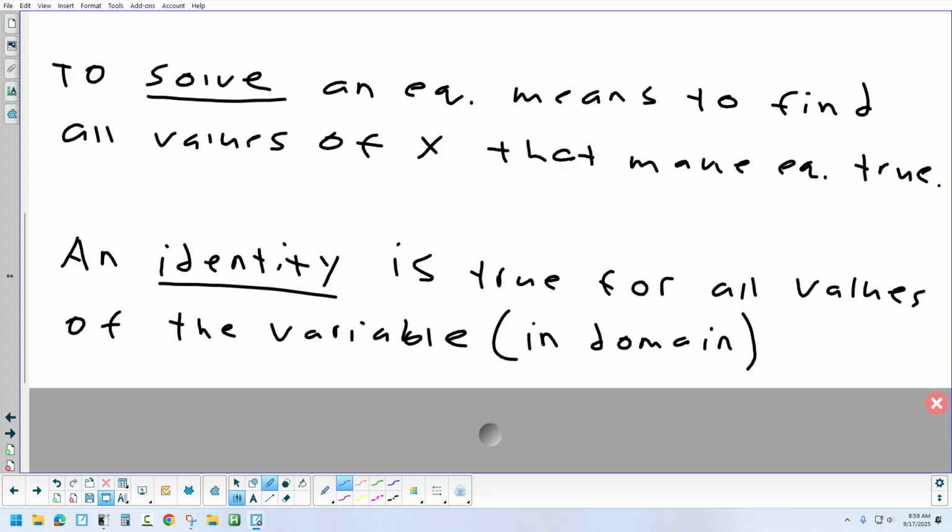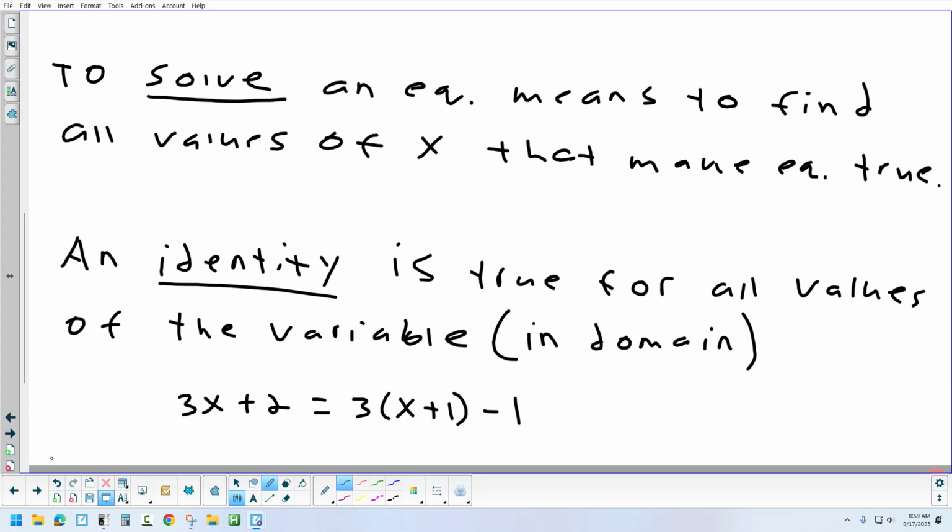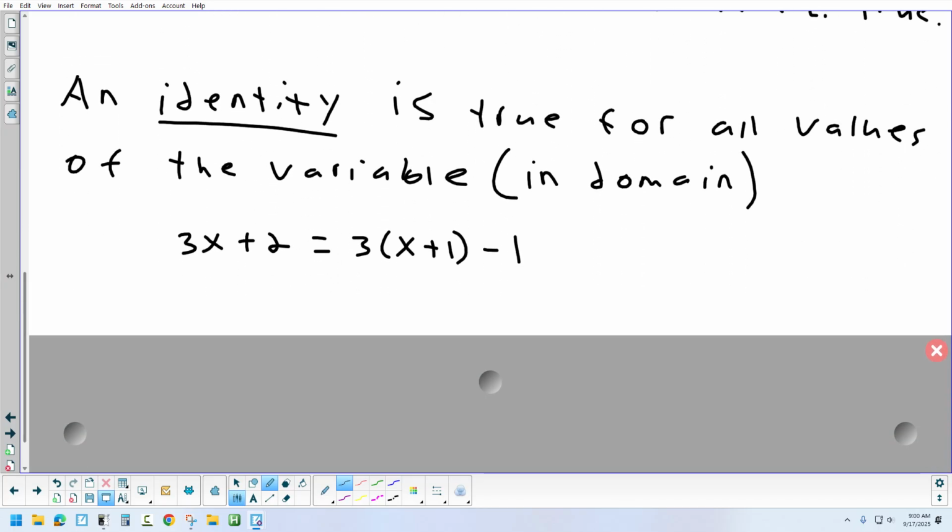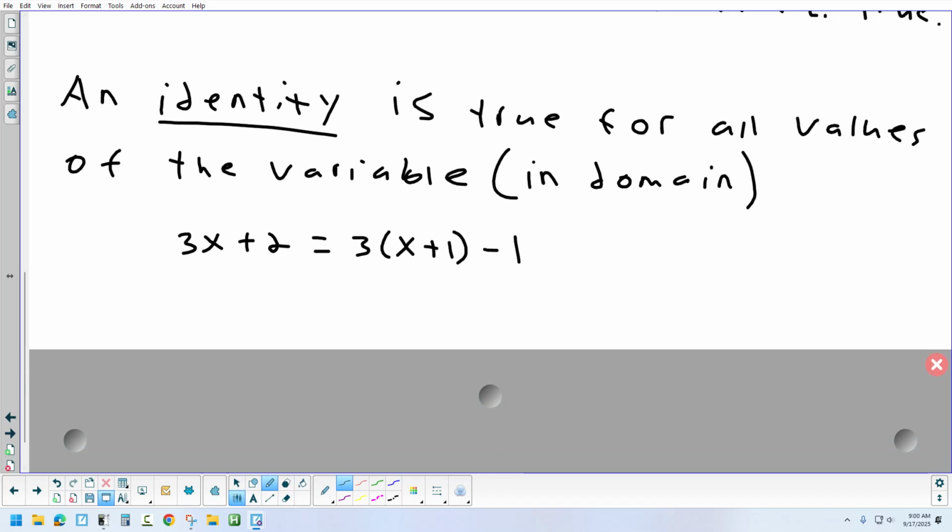So I mentioned that there are special cases. One of the special cases is when you have all real numbers as a solution. And the way that could come up would be in an equation like this. If I gave that in Algebra 1 and asked my students to solve it,